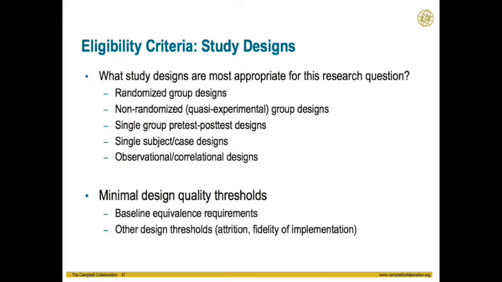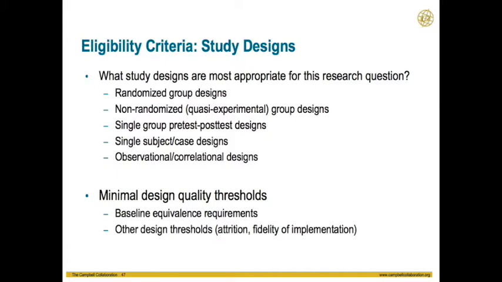But again, you often will analyze these different types of study designs in separate syntheses because they give you different estimates of effects. And then actually, as I was mentioning earlier, Stephen, you can often here have some quality thresholds, right? So if you say, well, I know there are a bunch of quasi-experimental studies, but they do a bad job matching and they have non-equivalence between the groups. So you can actually have some requirements in your eligibility criteria that ensures that you're really only getting those highest